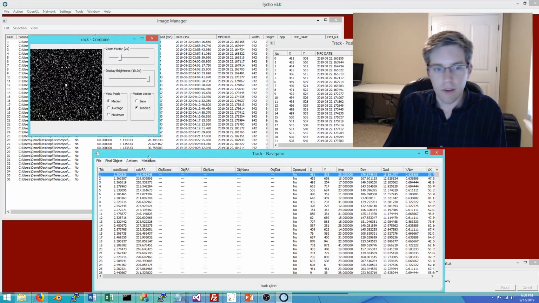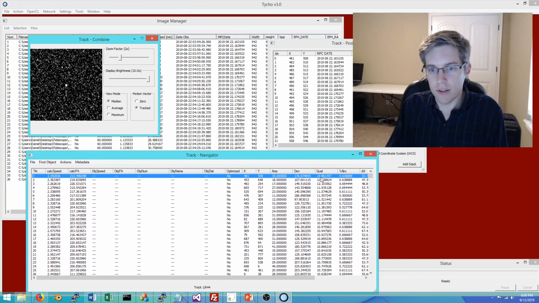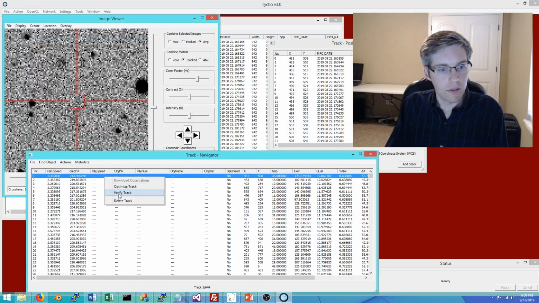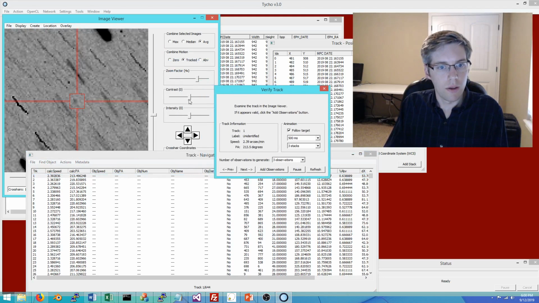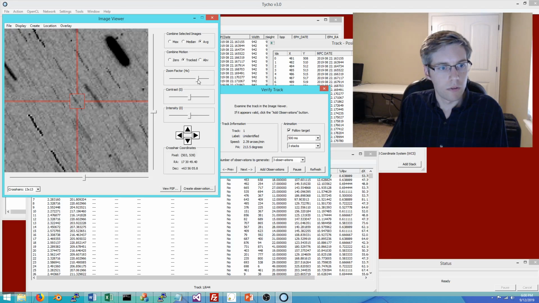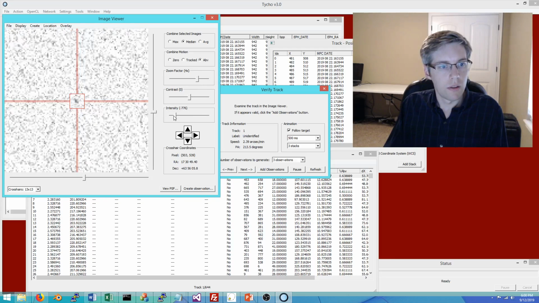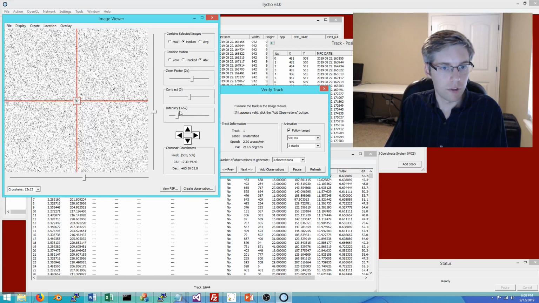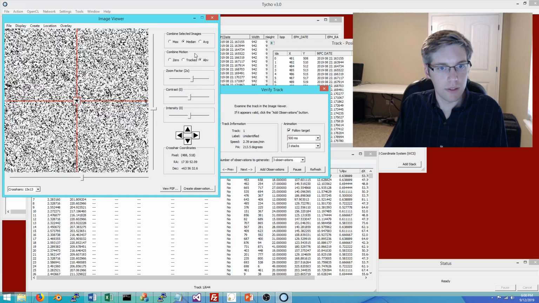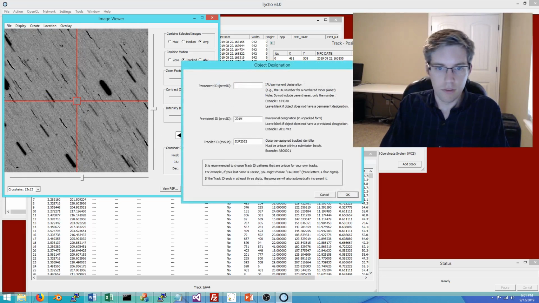So it looks like it found it. This is track number 1. As you can see, the quality here is noticeably higher than the other tracks. So we can go ahead and verify it, and you can see it here in the image viewer. So if I do this layer here, it stands out a little bit. It's one of the trickier objects to distinguish from the background, I suppose. But in any case, that is the object. So I'll go ahead and designate it as such,